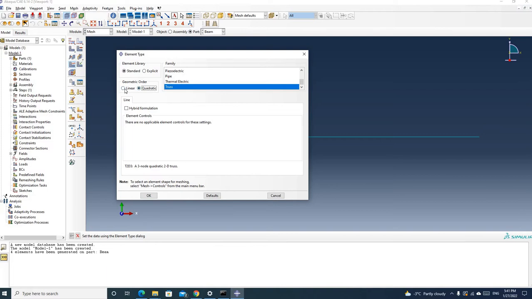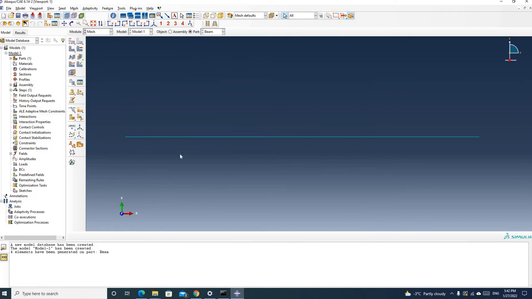The question asks us to use the linear element, so we will stick to the linear one. And then click OK. So now we have finished the mesh module. So next part, let's go to